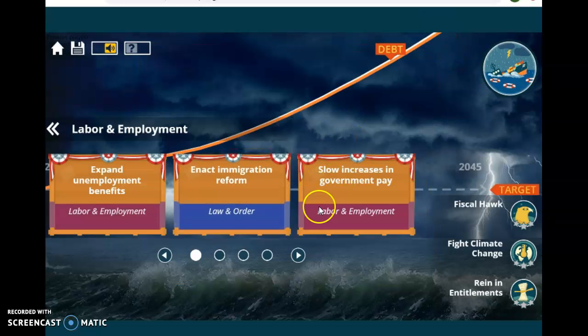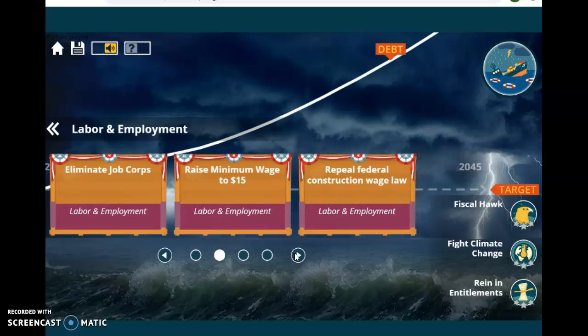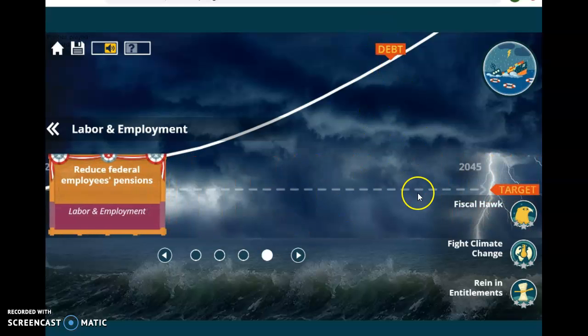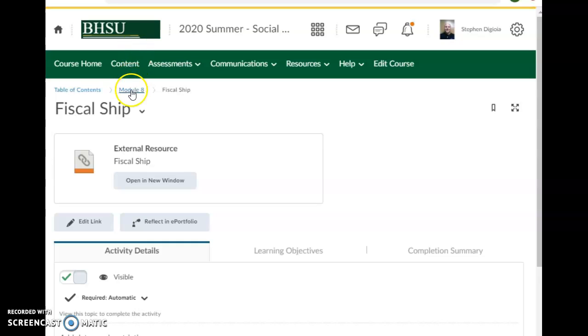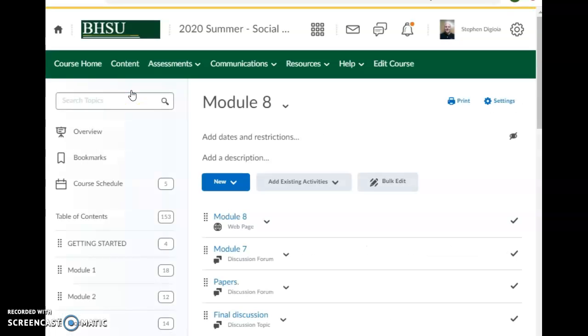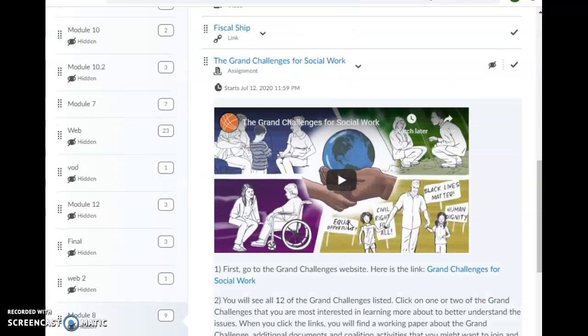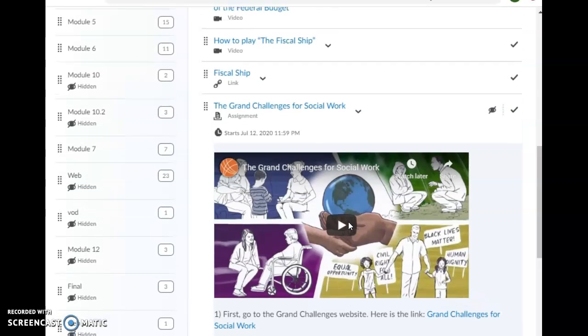Let's see here. You can look at different policies that are here and see how they have an effect on our national debt. Your whole goal is to keep these in mind while bringing this to your target. And this is using real data. So this is using information from the CBO to come up with these numbers. So these numbers aren't arbitrary. These are real data that was compiled to develop that.